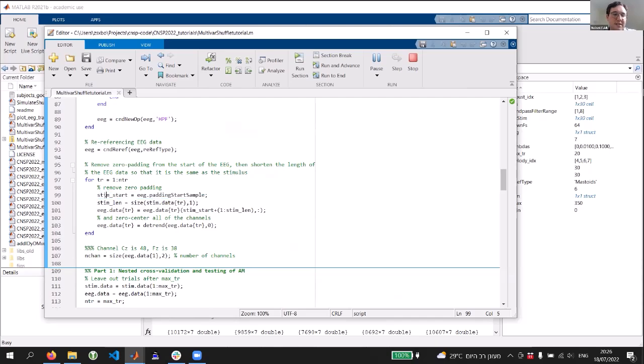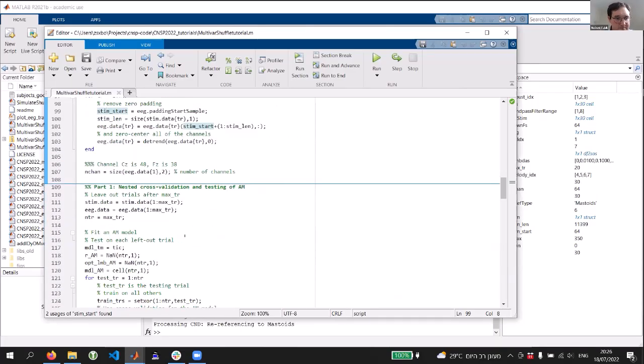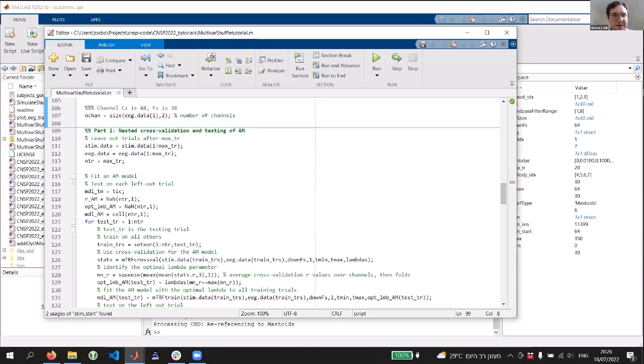The EEG start is a little bit before the stimulus. You can see that in the data itself, so I have to correct for that. The EEG data actually starts at this padding start sample. And I make sure that the EEG data and the stimulus are the same length before you run the TRF